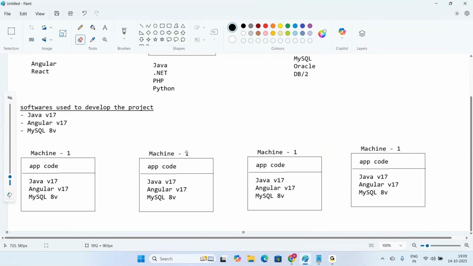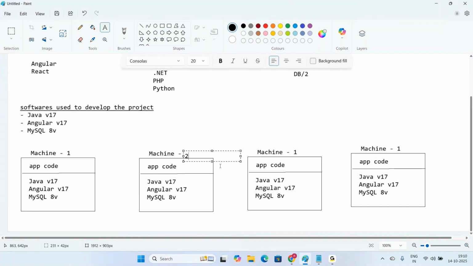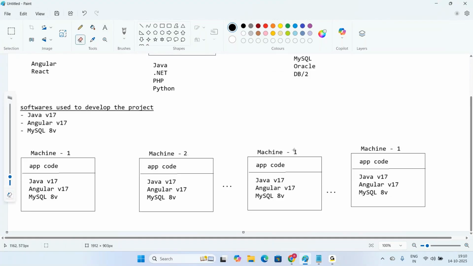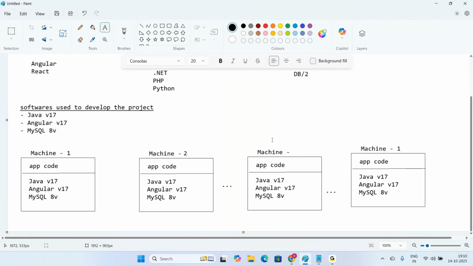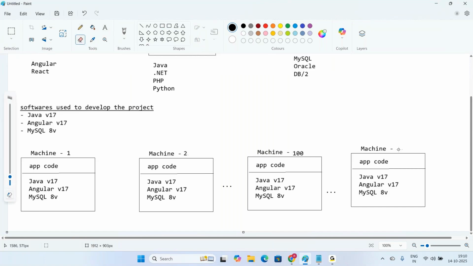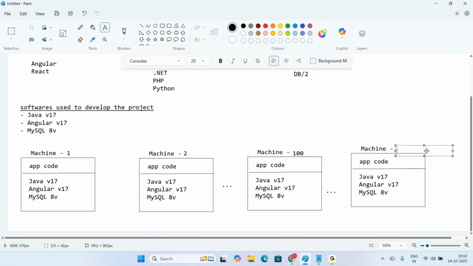So here we require machine 1, machine 2, machine 1, machine 2. Like that, let us suppose your application requires something like 200 machines. So using load balancing, we are managing 200 machines to make our application run and to be used by multiple